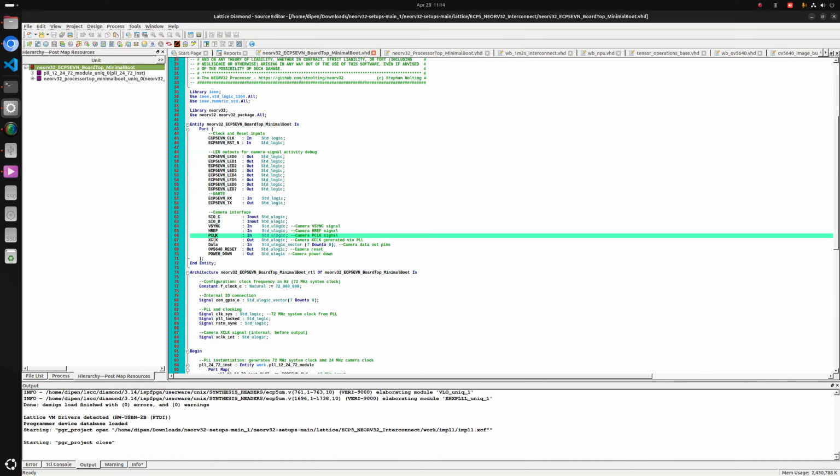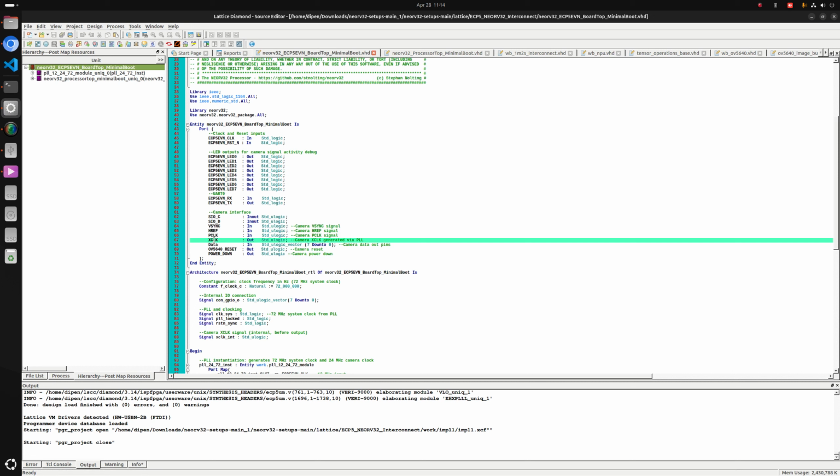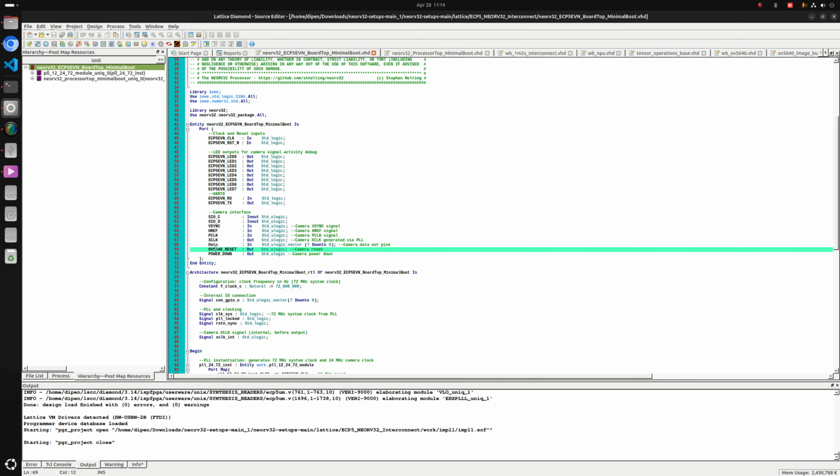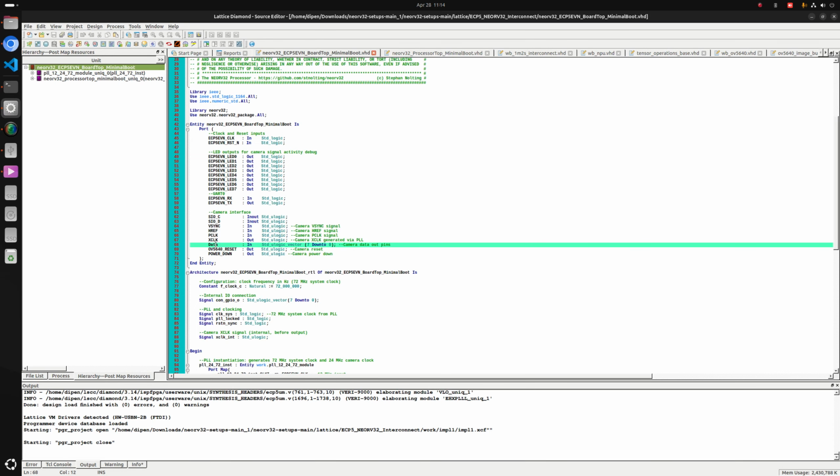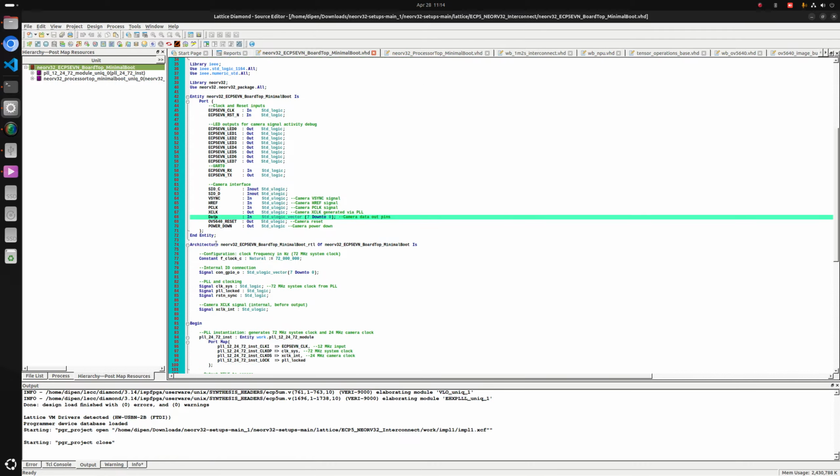External clock. The camera requires a 24 megahertz external clock to operate. This is generated by the ECP5 FPGA and passed to the camera. And for data, the OV5640 camera uses DVP, or digital video port, a parallel port, to send over image data. So 8 bits of data are passed in parallel to the system. It's actually passed to the ECP5, which then passes it down to the camera controller. And we have the OV5640 reset and power down pins, which are used to handle the camera power up sequence,